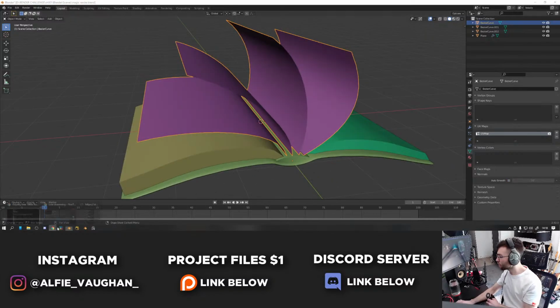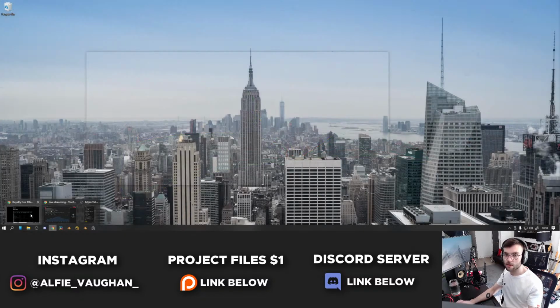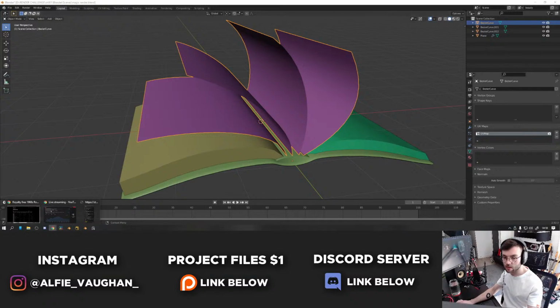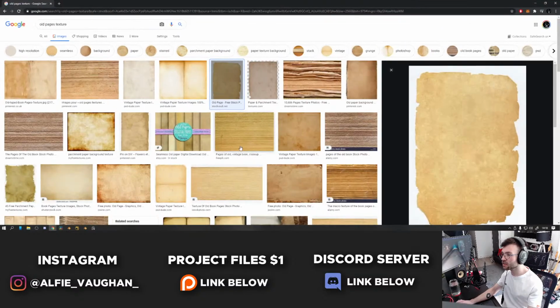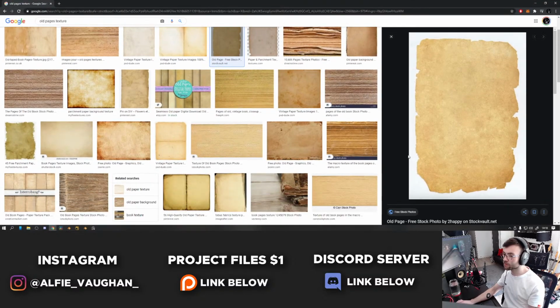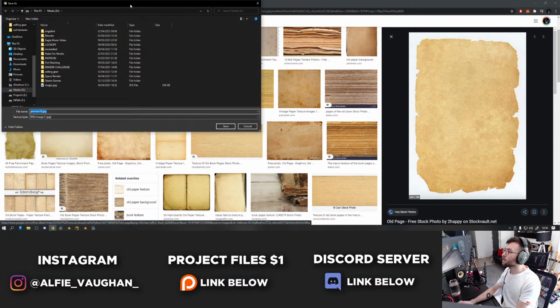And then for these, I found some... where is it? It's on a different screen now. I found some cool textures that I might try and integrate. So here we go, old pages on Google Images. So a tip that I just thought up that I use in Nuke: if you have an image with a white background, if I just save this,